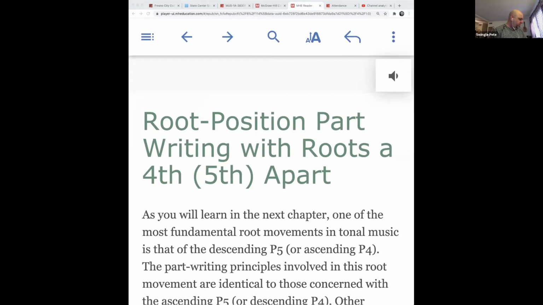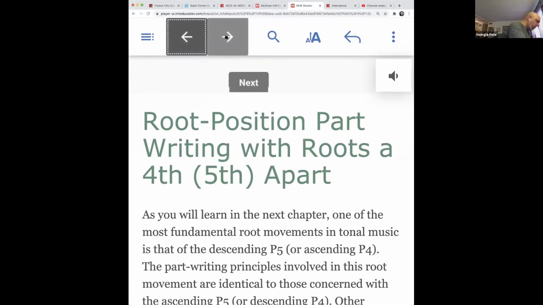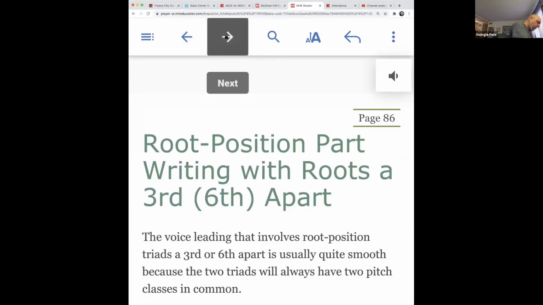Similar motion by second or third and tertian. Leaps in the third, common tones and stepwise motion. Good. So we have 3 ways of moving, and we have 1 common tone between the 2 chords. Good, Pete. And then next, we last time talked about the bass moving by either a third or a sixth,